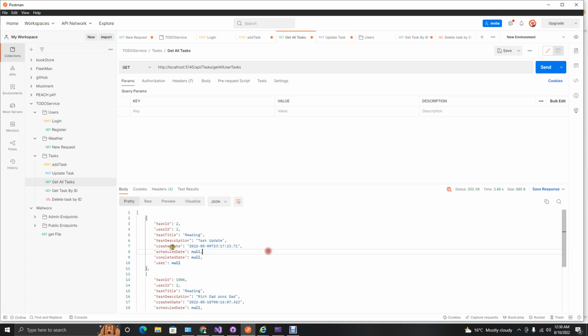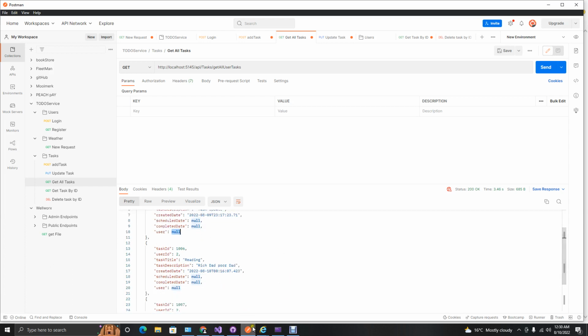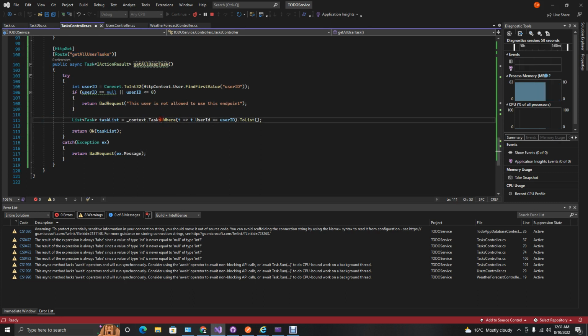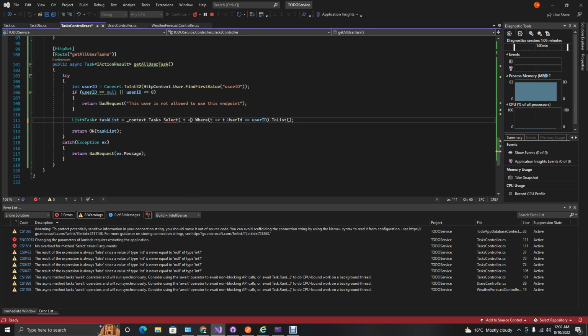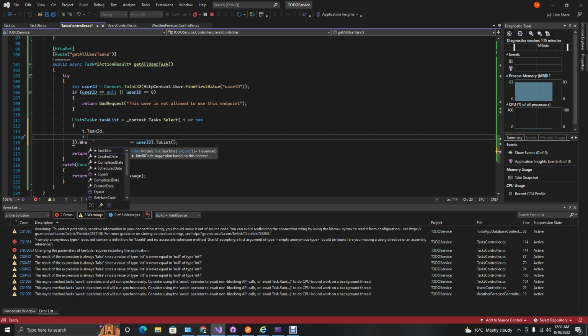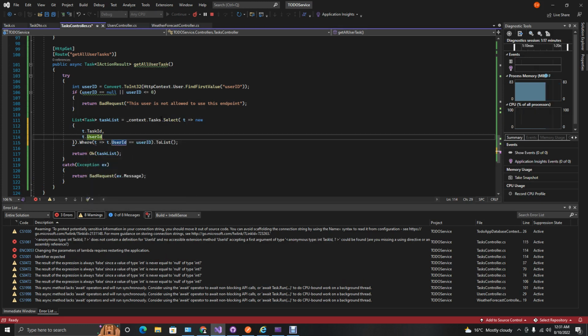Because if we do have the user's data, since this is a relational database, right, in some cases we don't want to return a complex object, right? Because that could potentially make our API slower or cause some circular referencing. So how we can fix that is to have a select of which data we actually want to return, right? So t arrow function new, so we want to say TaskId,